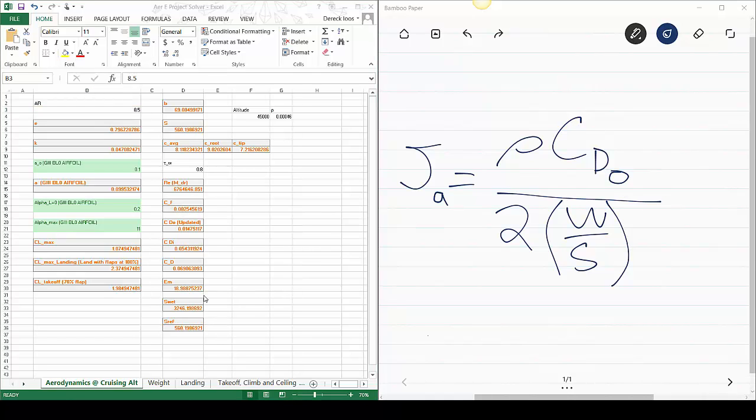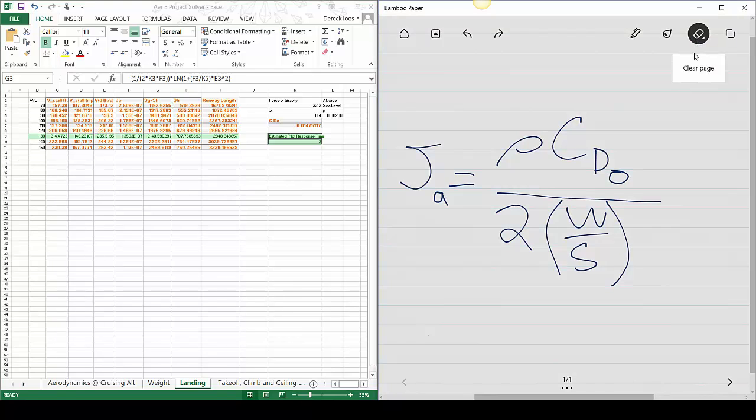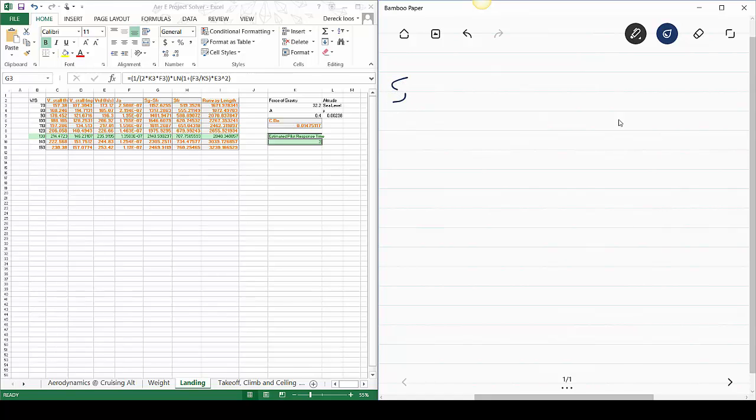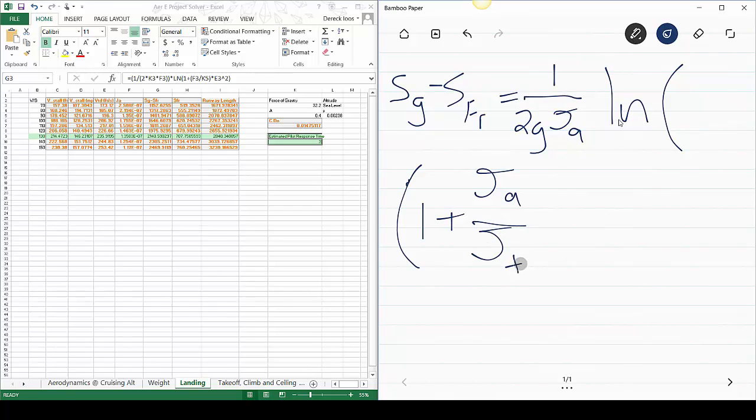Now after solving for JA with our estimated CD0 value, we can go solve SG minus SFR, which basically means counting out the response time of the pilot, how far is the aircraft going to travel on the ground before coming to a stop. So SG minus SFR equals 1 over 2GJA times the natural log of 1 plus JA over JT times